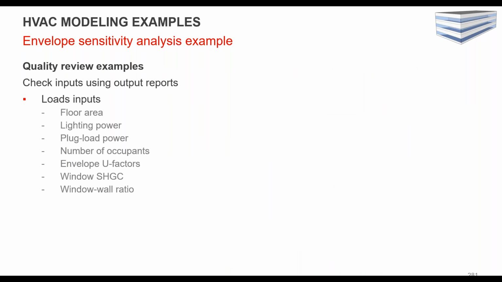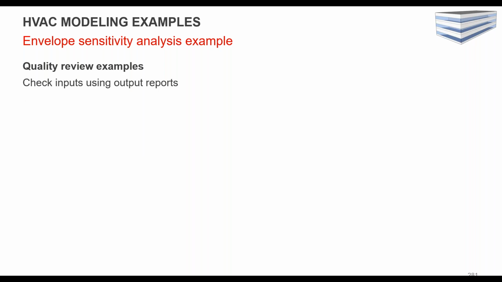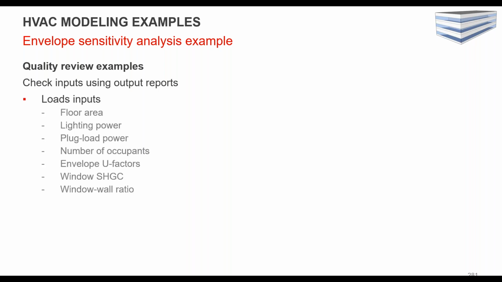So what are things that you could do? Again, I'm going to run through all of these. So in terms of load inputs, things to check. I see a lot of errors around the area. So make sure your drawings were scaled correctly and that you translated them correctly. I've seen a lot where people that were new to modeling didn't look at the scale on the drawings and just started copying them into the modeling software, and you end up with a building that is a quarter of the size or 4 times bigger than it should be. So always a good place to look.